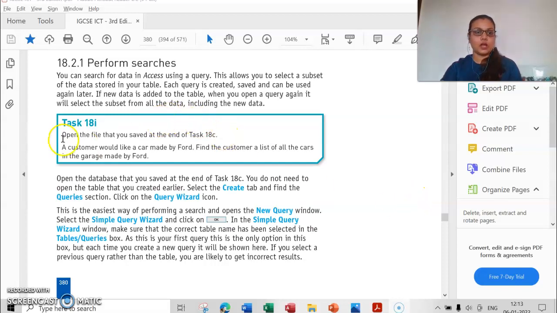Now I'll be showing you how to perform the next task where we are going to deal with the searching option in MS Access. One of the best facilities in Access is that it also allows us to search the whole database. There are different tasks, and they are interconnected. So I'll be showing you from task 18I till, I think, task 18N with the same examples. Just to show you one by one,